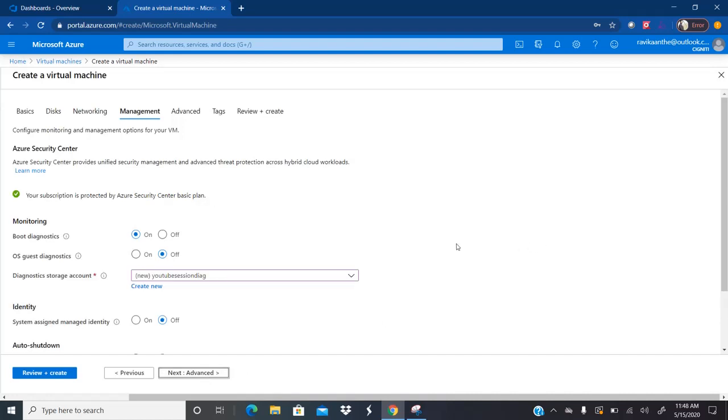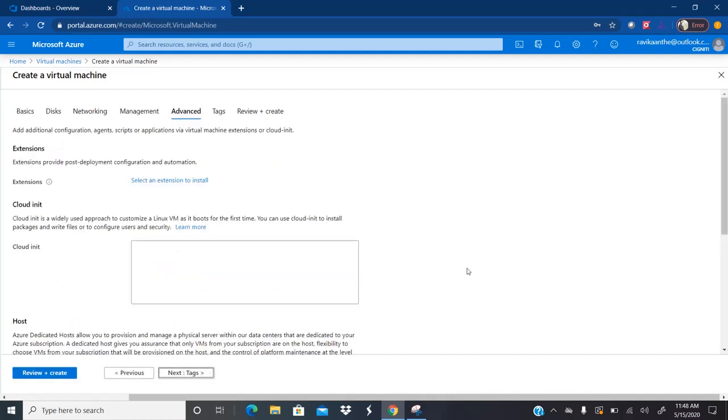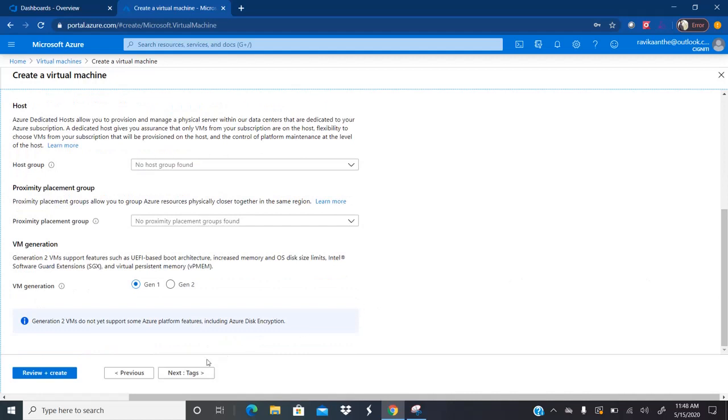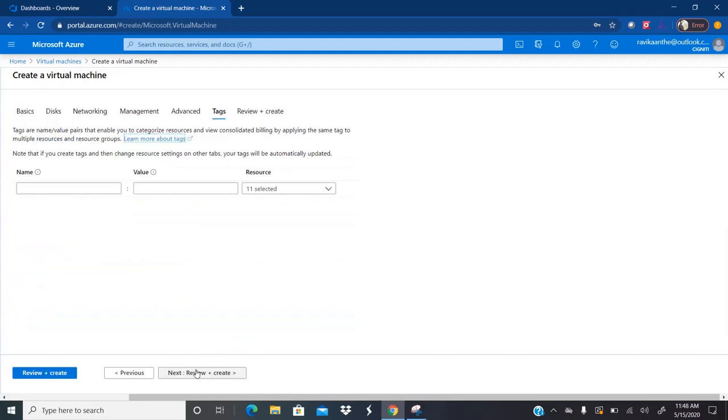I don't want to change any of these, and then go to advanced options. These options I want to keep as they are. Do you want to select generation 1 or generation 2 virtual machine? I don't want to change anything. Go to tags. I don't want to set any tags because I'm not having different services. I'm using only one service in this particular resource group right now. And then click on review and create.